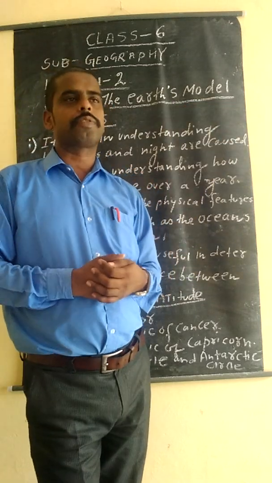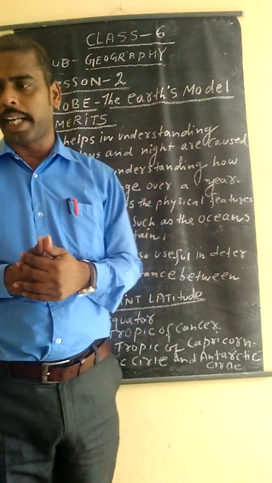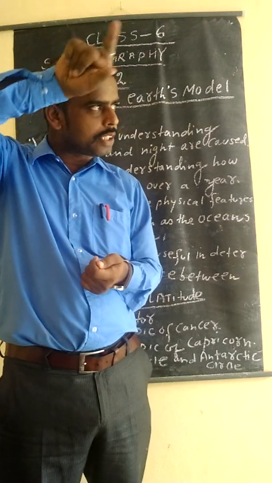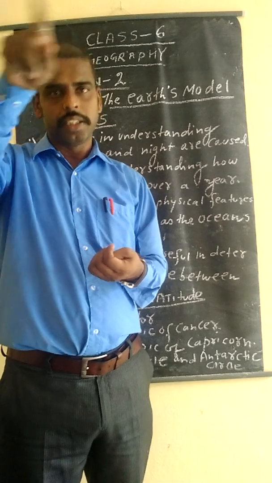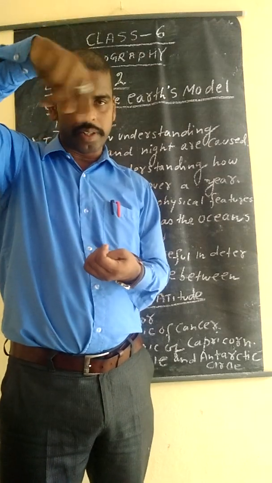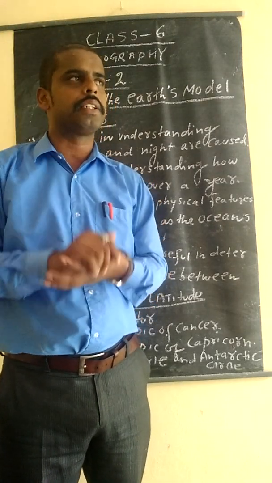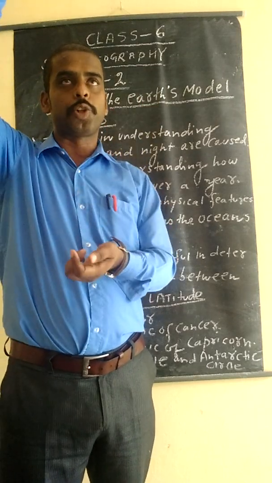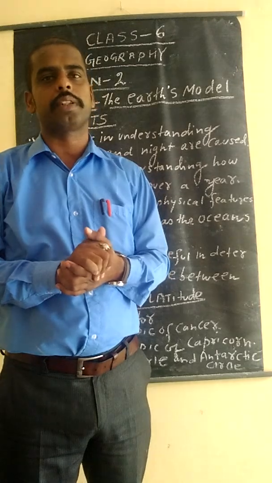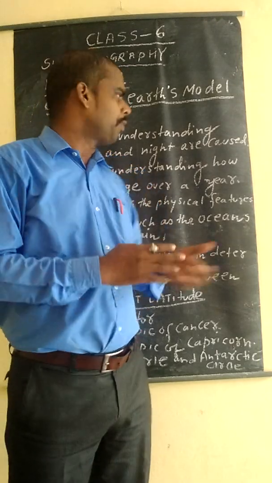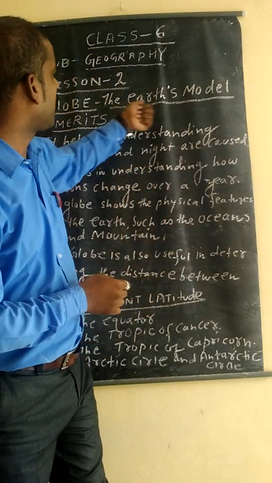And this earth rotates from west to east and gives the idea that the earth is rotating in 360 degrees. It rotates just like a circle, but you think in the mind it's just like an orange. It has a top, north pole, south pole, and it is bulgy, this is the formation of the earth. I hope all of you understood today's topic, globe, the earth model.